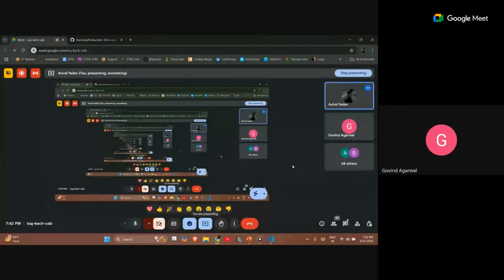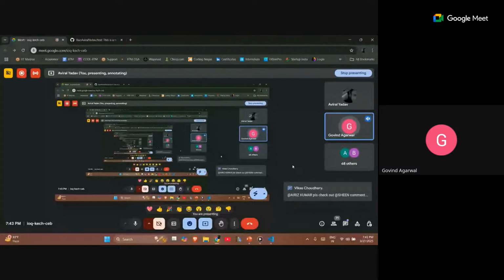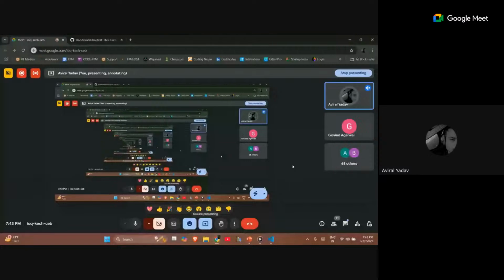One more thing I wanted to ask: you have used your student ID in this account. Is there some benefit? Because I have already created the account on GitHub, so I have used my personal ID. If you're using a student ID, it does give you student benefits. For example, let me show you guys.